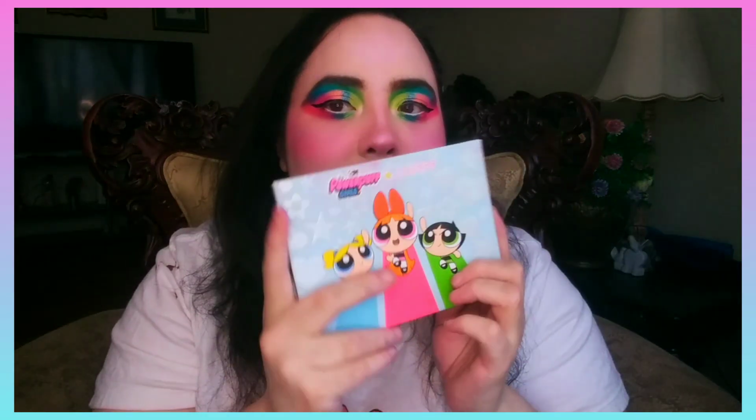So I recreated my eye look from the ColourPop X PowerPuff Girls collection. There's the palette, and I did create a look with this palette in a video, and I thought it was super cute, but I feel like this time it looks a lot better than the first time I did it. The first time, I'm not that good at makeup. I didn't use a liquid liner the first time because at the time I didn't know how to use liquid